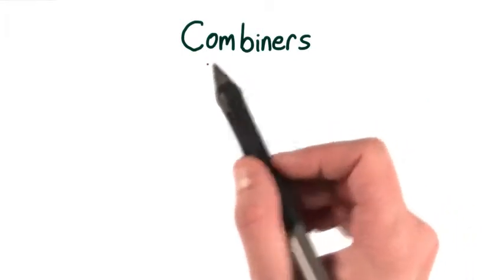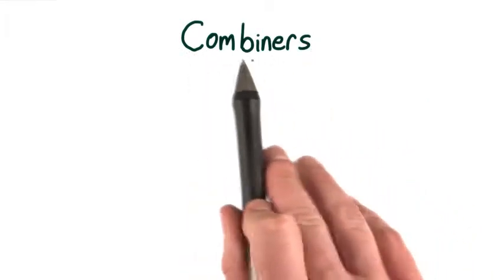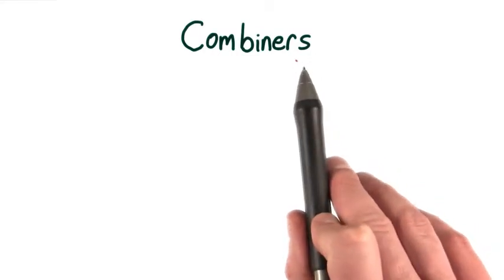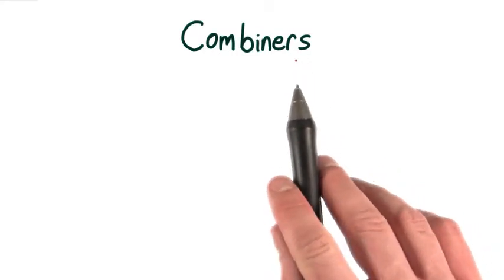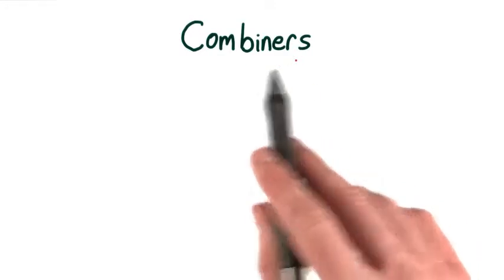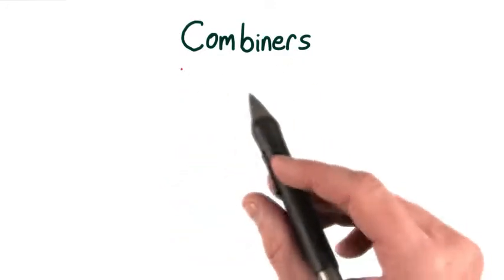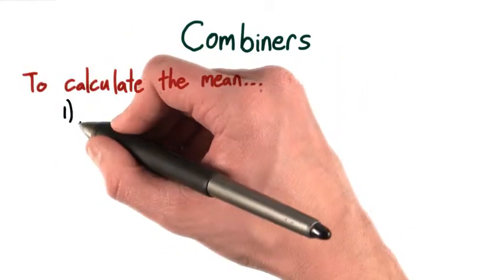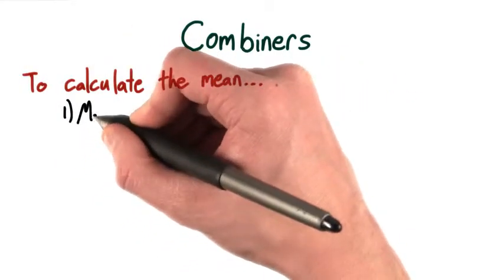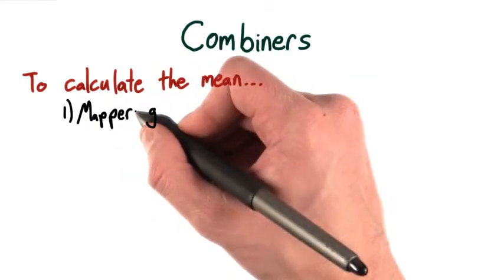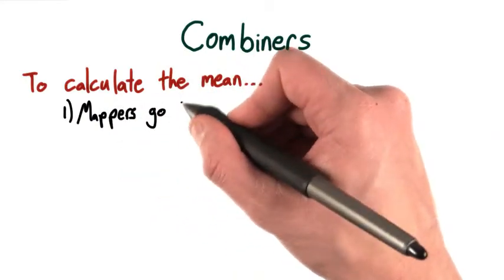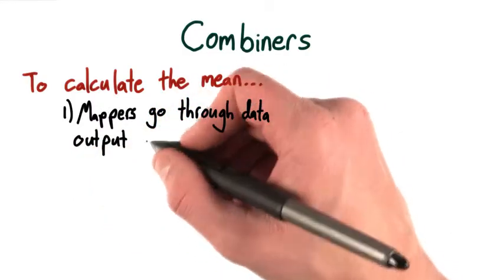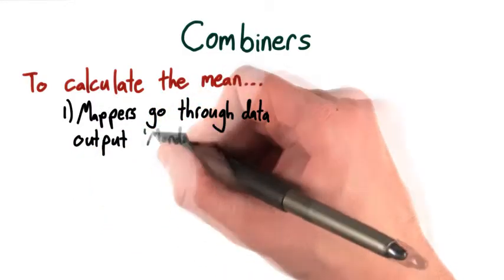Now we're going to talk about a pretty cool new tool, something that goes between the map and the reduce phase, called a combiner. Before we do that, let's review how you may have calculated the mean in the last problem. I don't know exactly what you did, but one thing you may have done is something like this. First, you probably had your mappers go through the data and output key value pairs that looked something like day of